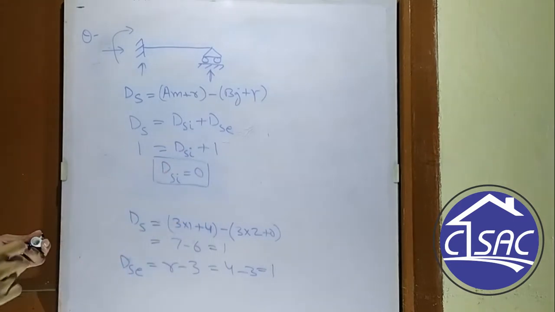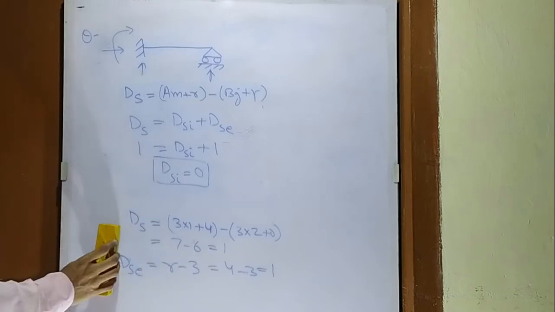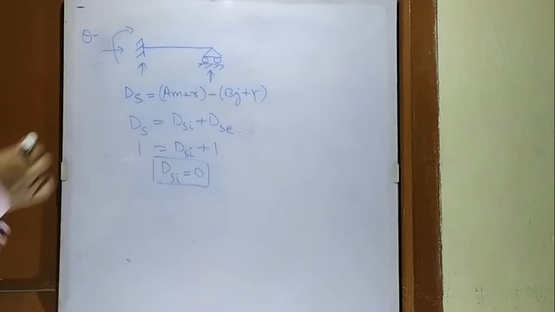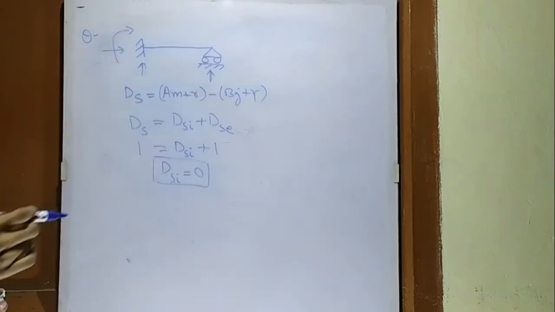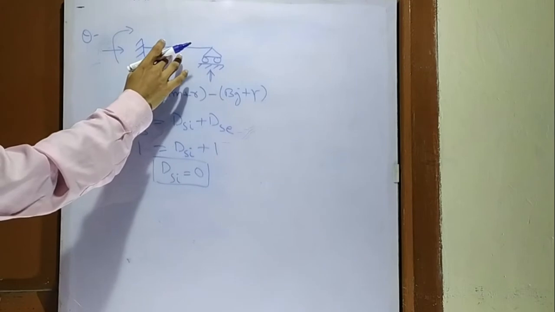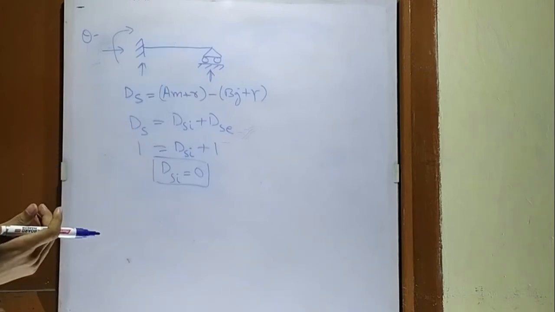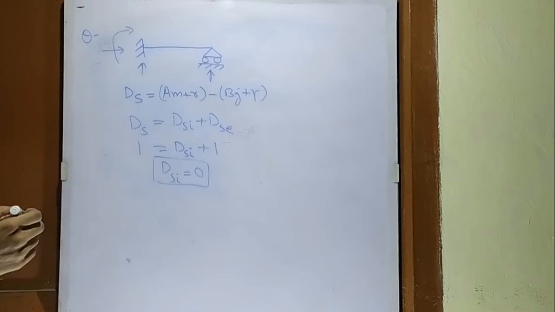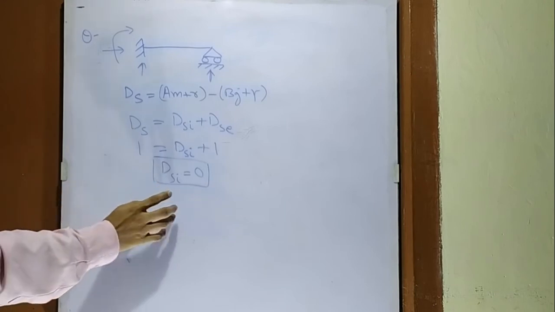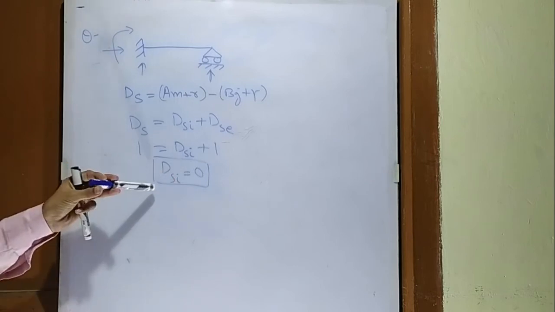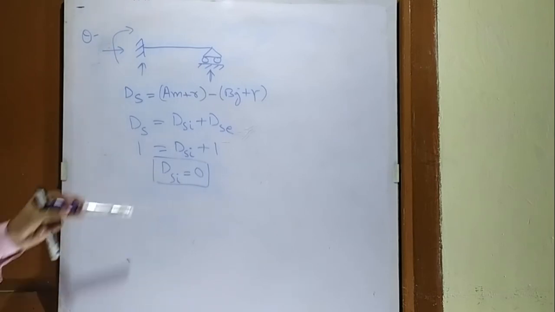It is a very important conclusion, because in the case of beams the degree of static internal indeterminacy remains 0, for all beams. Why is it 0? Because in every beam, in every member, how many actions are there? There are 3 actions, and in every beam we have 3 equations of equilibrium available. So the number of unknowns is equal to the number of equilibrium equations available in every member. So that's why the member will be internally determinate. Okay, so that's why the degree of static internal indeterminacy is coming out to be 0.